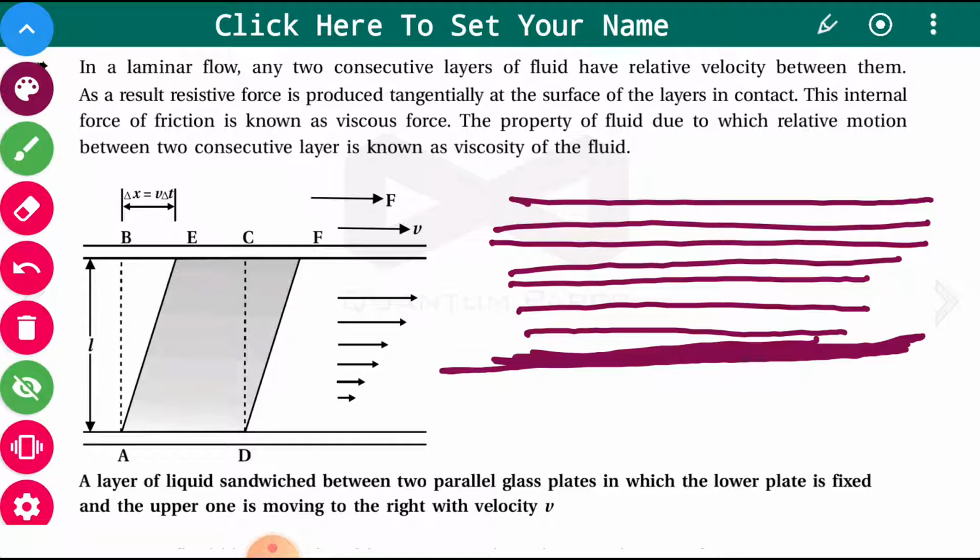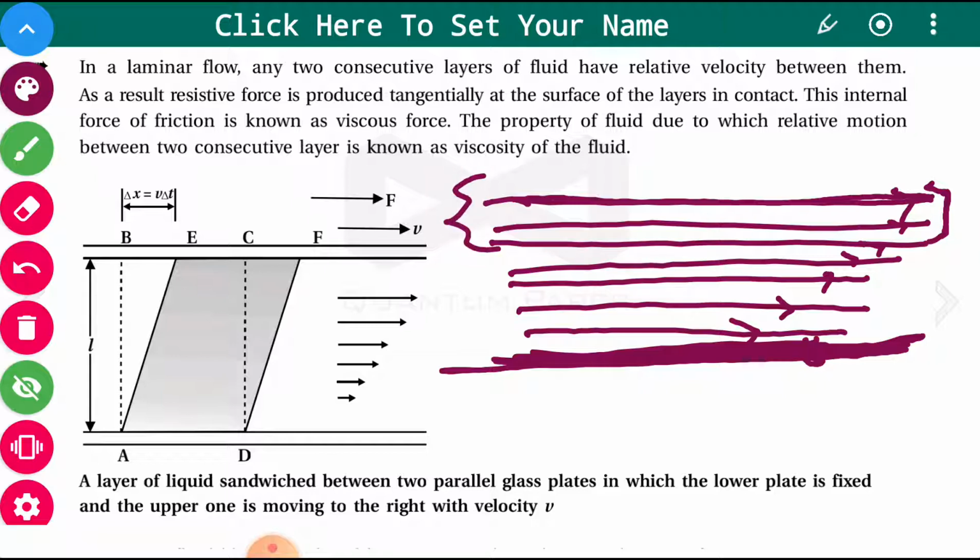It is approximately stationary. The fluid which is flowing, the lower layer is approximately stationary. Then as you move upward, the speeds of different layers are in increasing order. So the uppermost layer has the highest speed. So if you try to understand these two consecutive layers, then